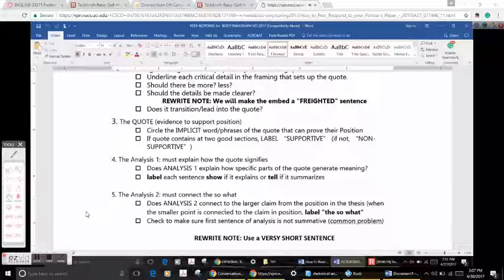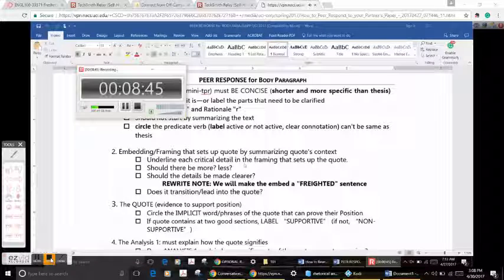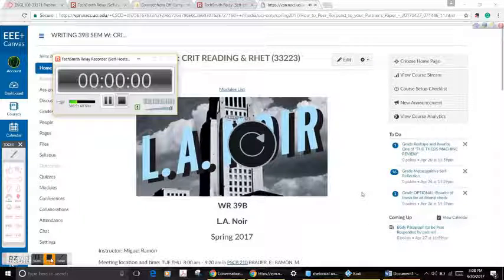Here's your embedding. Again, like motivating you to find the thing you need. Does it have critical details? Is it too long? Is it not long enough? Is there some idea that's not clear? Those are the kinds of things you'd write. You might say, you've got all the information, but it's unclear. Like, for example, an already committed crime was unclear. The quote itself, you're looking for implicit meaning, at least two moments of it. Analysis 1 and analysis 2. And so this will be sent with you. You can use this as a guide to go back to your partner's paper and hopefully